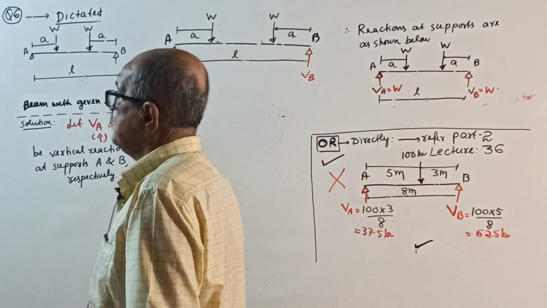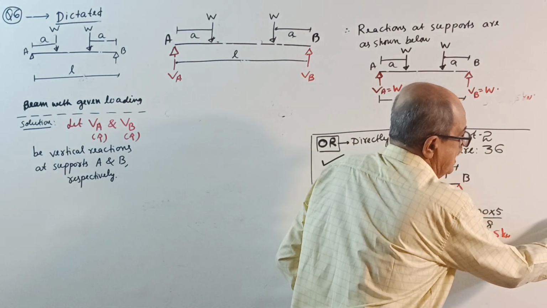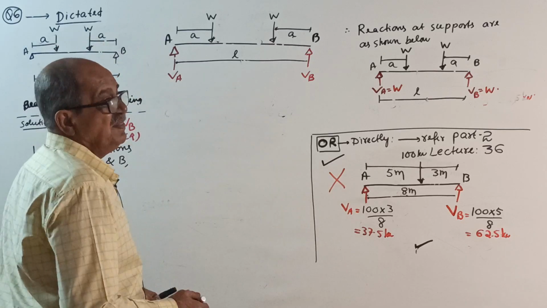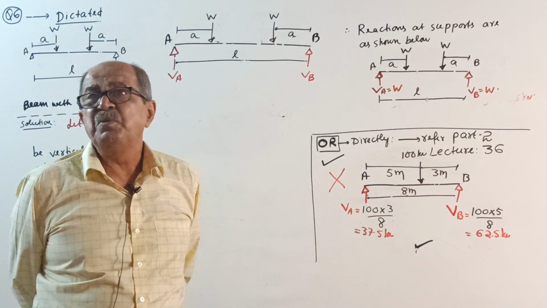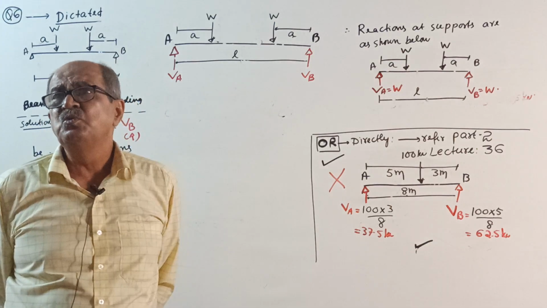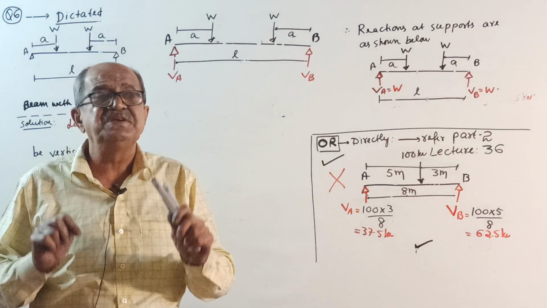Okay, right. Next, question number 6. I'll make a note there. Sixth question over. Sometimes I get confused about question numbers. Okay. Question dictated: a simply supported beam of span L is loaded by 2 point loads of magnitudes W each